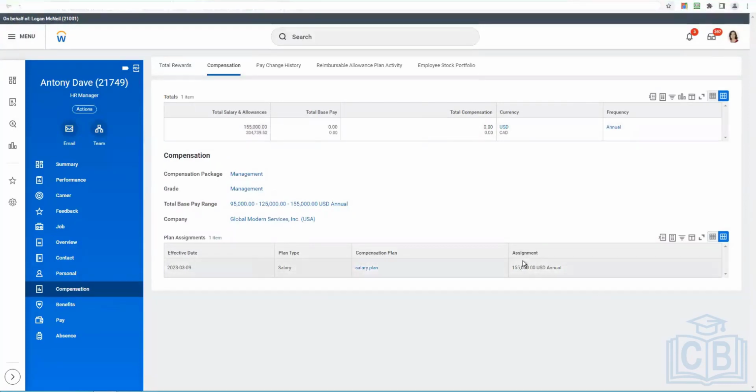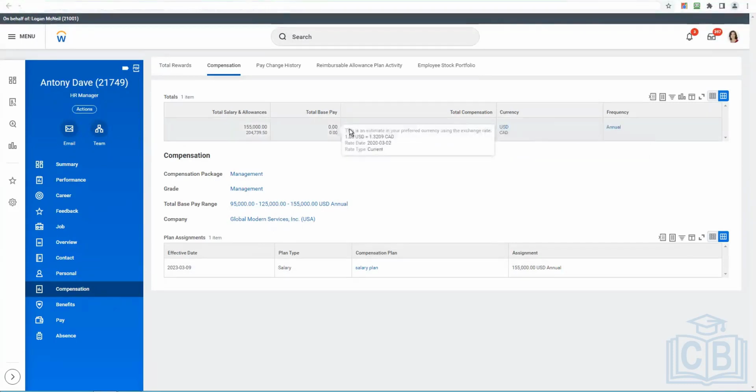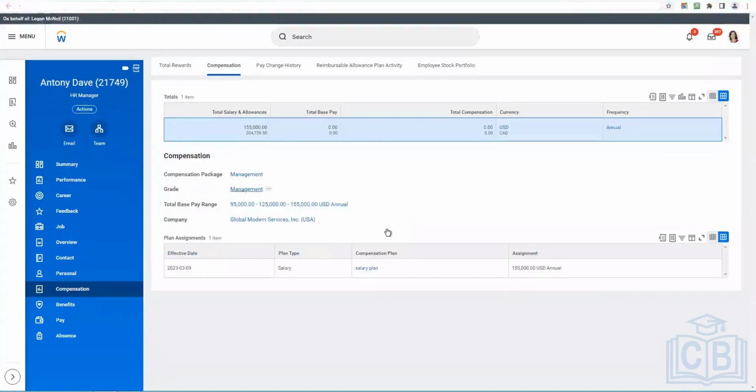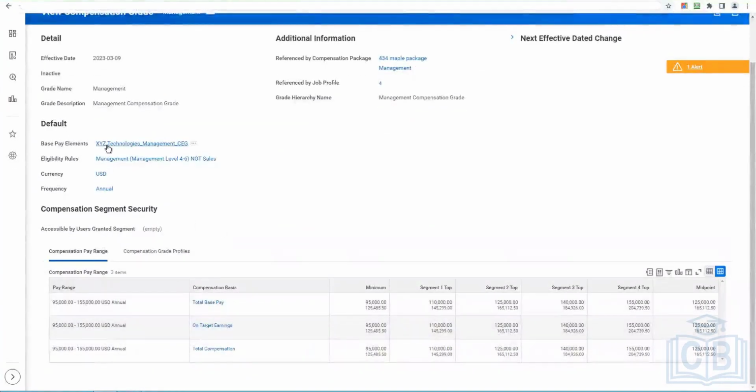Salary parameters 155,000. So I think one of the components is not working correctly because total base pay should not be 0. And what is the compensation grade? See, compensation grade is valid for